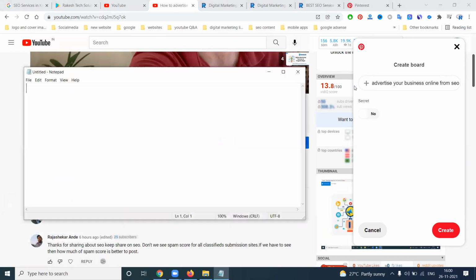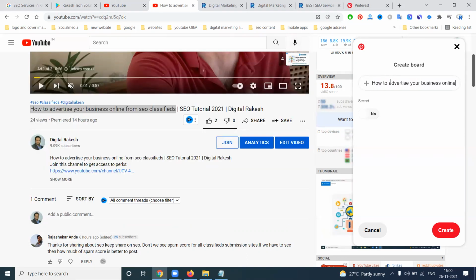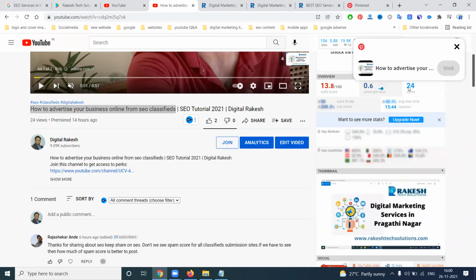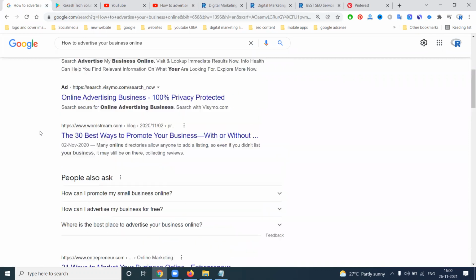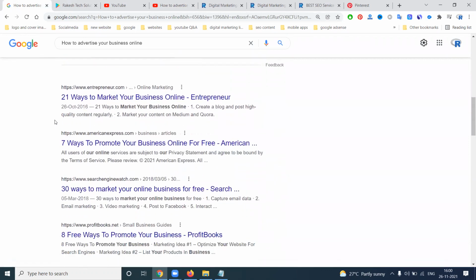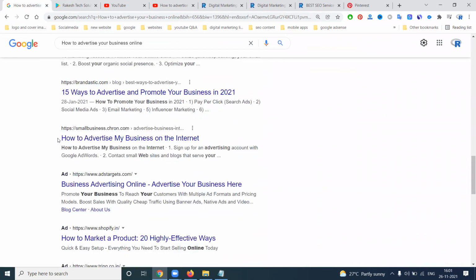Selecting Notepad, this will be 59 characters. So simple. So in this board, we can accept only 50 characters. You can check it out.